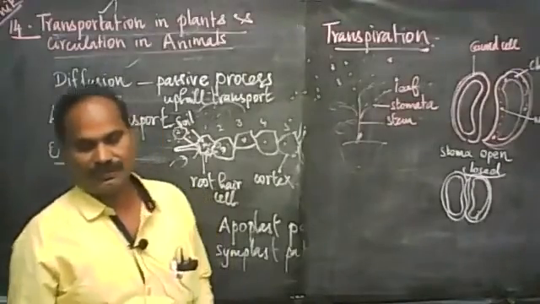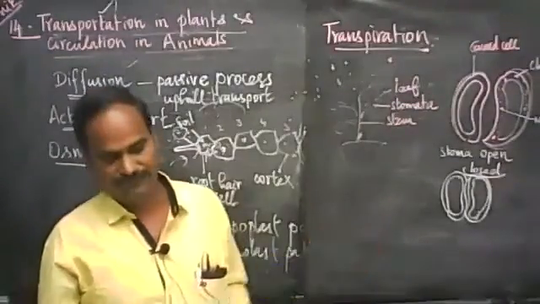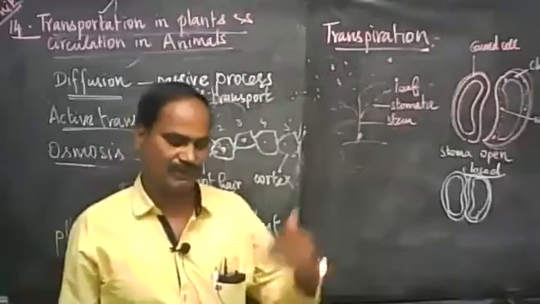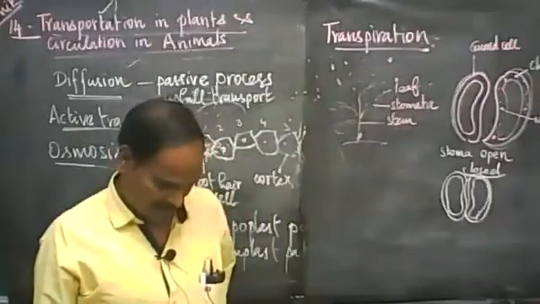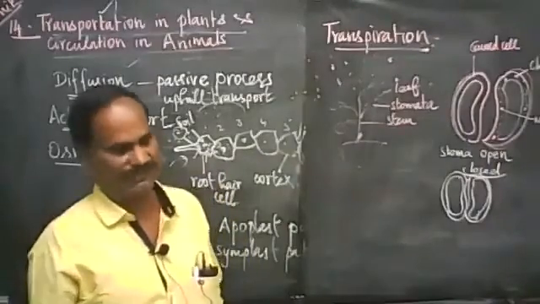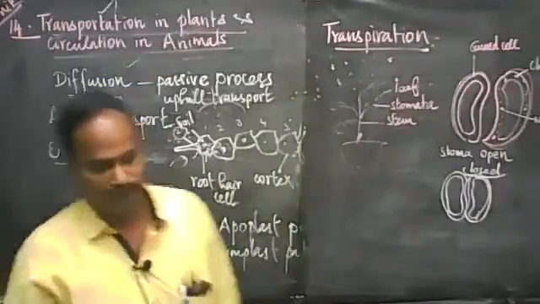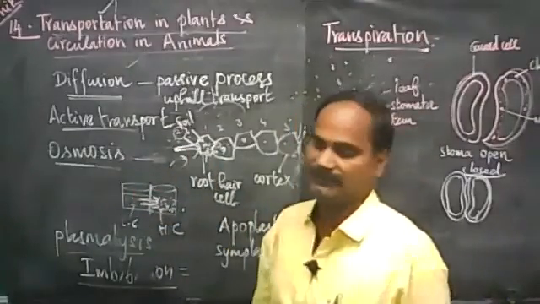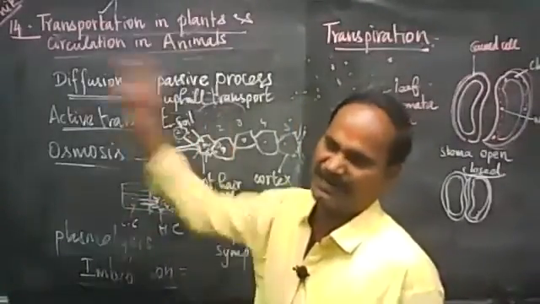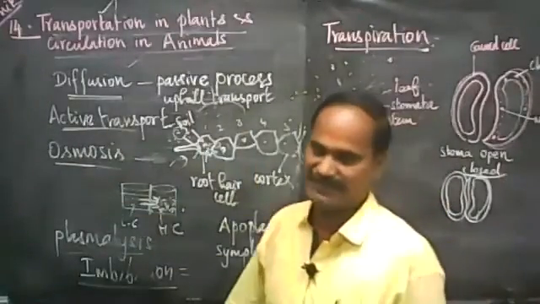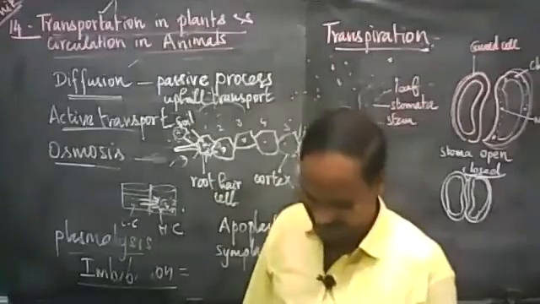Yes. So we have studied various biophysical processes for the movement of material from one part of the plant to another part of the plant. And this is transportation in plants. So in this unit, you have so far studied what is the meaning of diffusion, what is active transport, what do you mean by osmotic process, and we have studied in detail the osmotic mechanism with a suitable illustration.